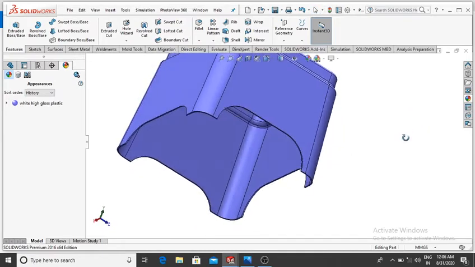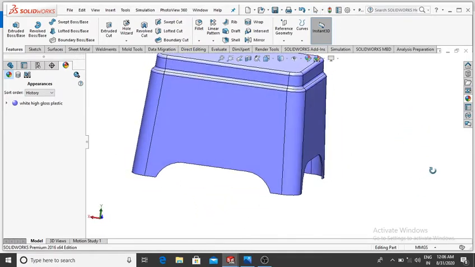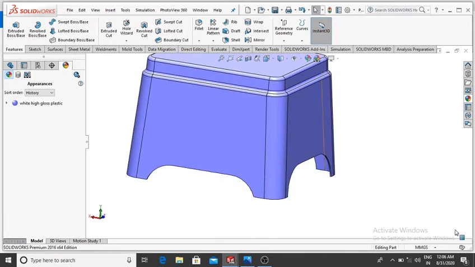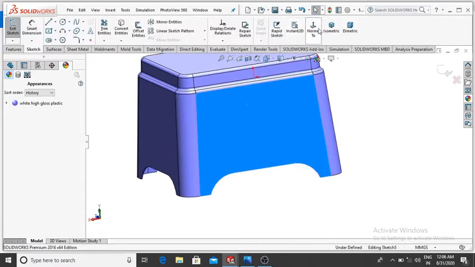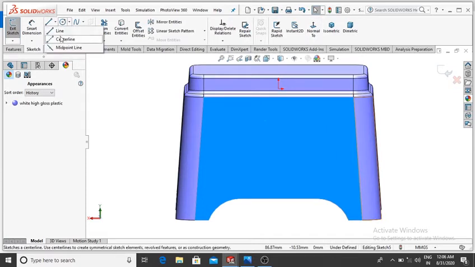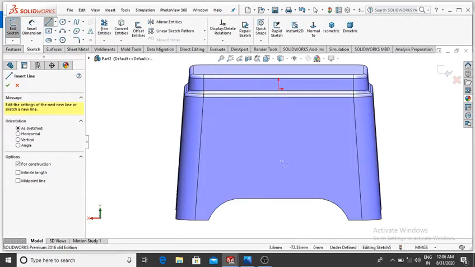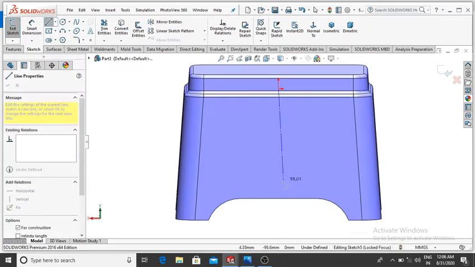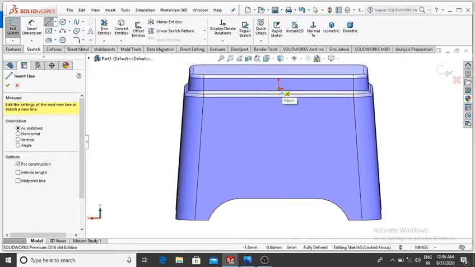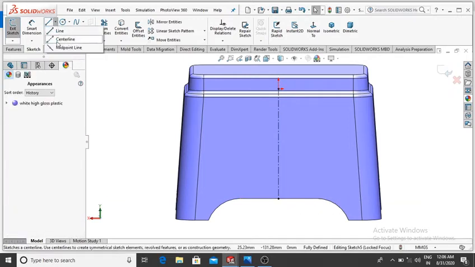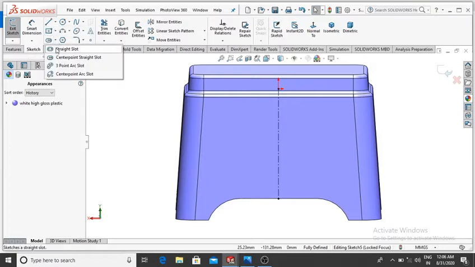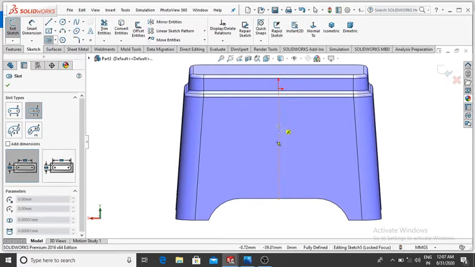Now we cut this portion, and again select this face, right click, sketch, then normal, and make the center line, so select this one, and select, from this point make the straight slot,